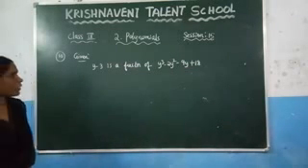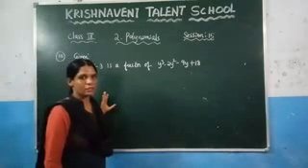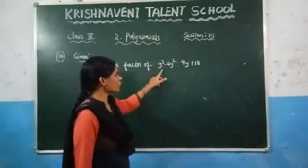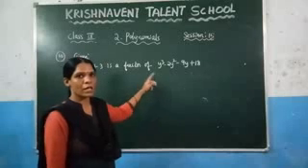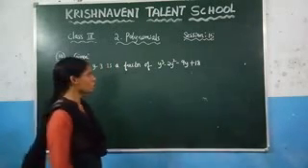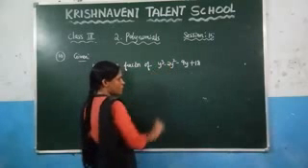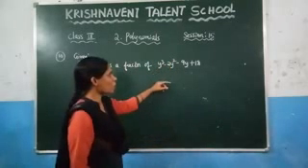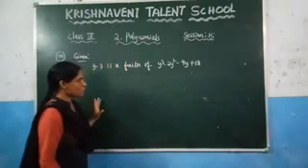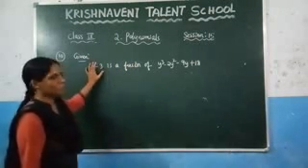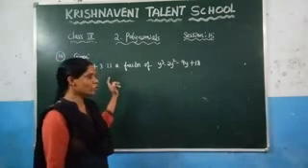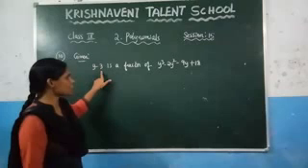Before, we have discussed factorization. If you want to find the factors of the given polynomial, you need to write that polynomial as a product of factors. Before writing that, you need to check the degree of the polynomial, which in this case is 3. So you need to write this polynomial as a product of 3 linear polynomials. In this question they have already given one linear polynomial. Now you need to find the other two factors.